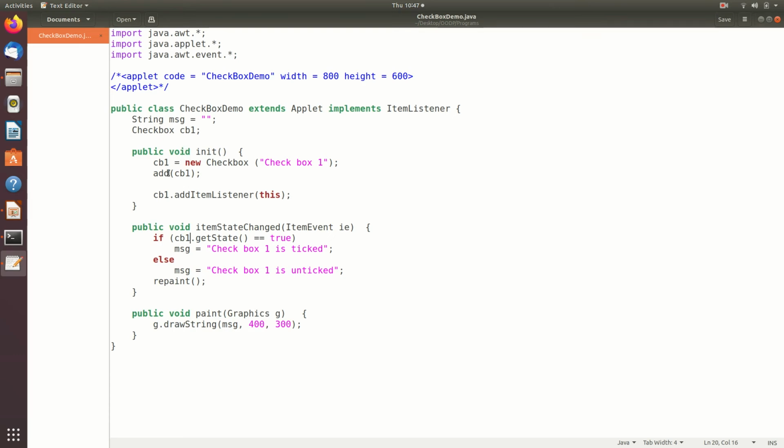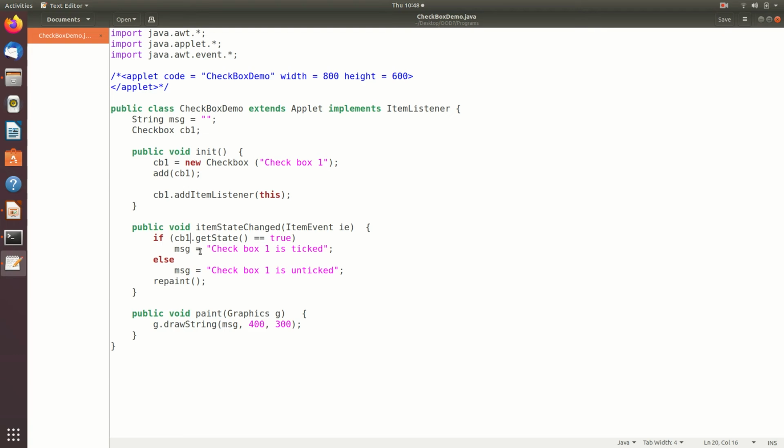So we instantiate the checkbox with the static text checkbox 1, and we add this checkbox to our applet window using the add function. Then we register the event listener associated with this checkbox using add item listener, and event listener class is the present class itself. So we have the item state changed. Here we have an object of item event.